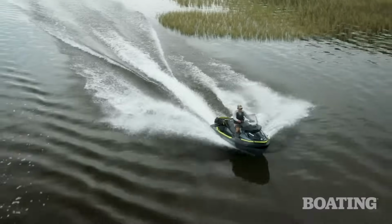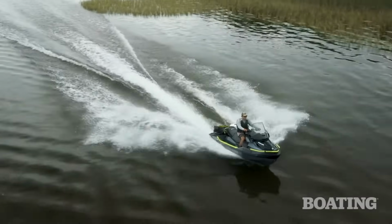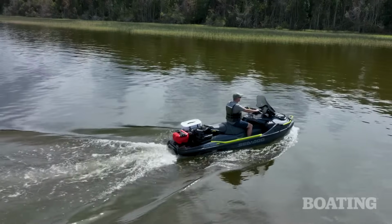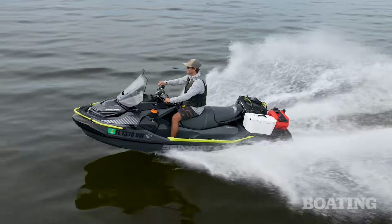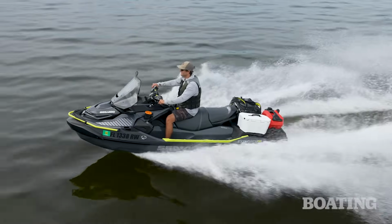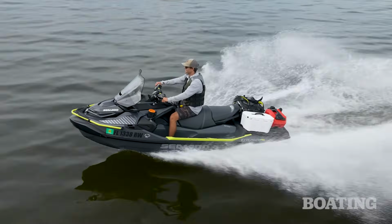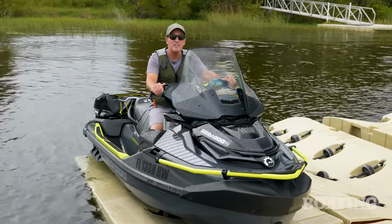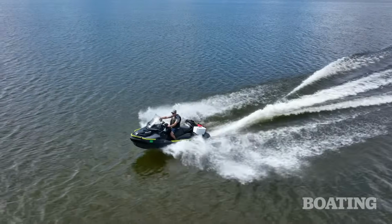I'm in the middle of Lake Weir outside Ocala, Florida. But this is Sea-Doo's new Explorer Pro. It's part of an adventure series. It's designed for riders who aren't going to run from the elements, want to travel further and carry more gear, whether it's a tent, camping equipment, food. Let me dry off a little and I'll show you some of the ways that this boat is set apart